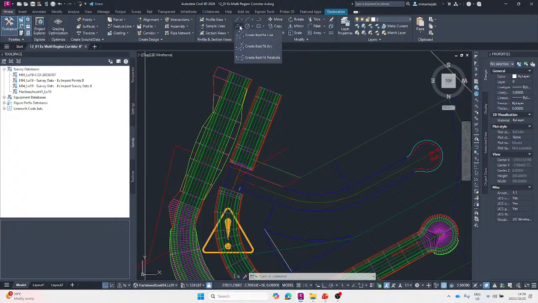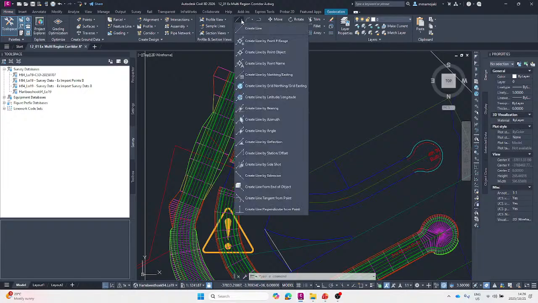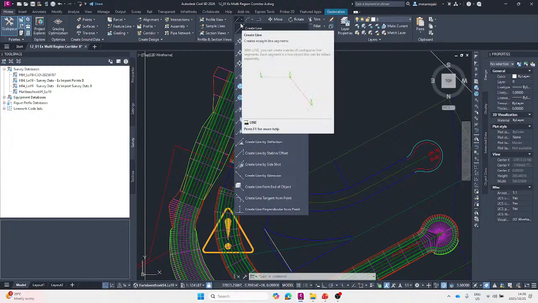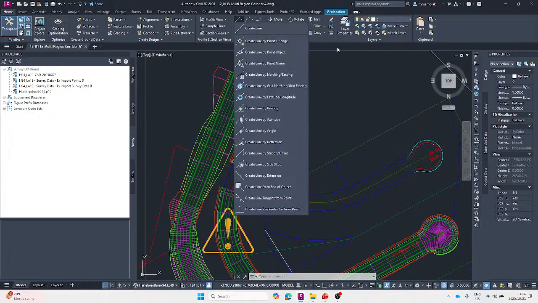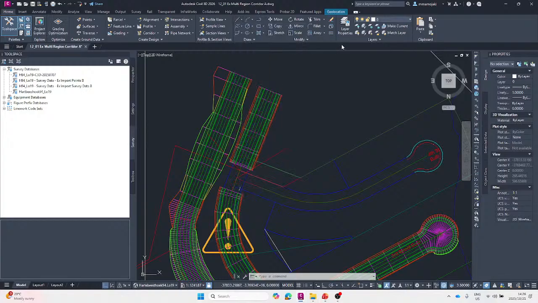But under draw, there are certain lines that have been added specifically for Civil 3D, that is to create line by point range, or create line by point objects. So they are familiar from the AutoCAD interface, but there are some additional things that have been added under these panels that one could use under the Civil 3D functionalities. But I'm going to start off with the